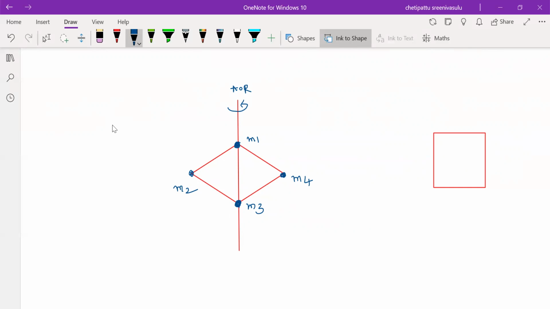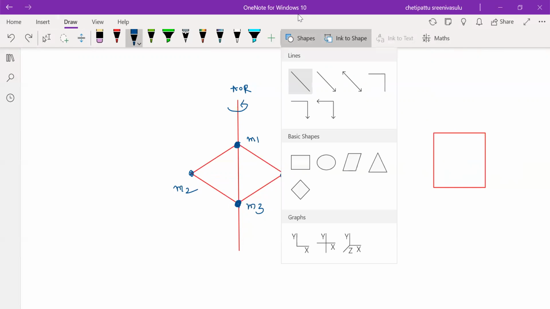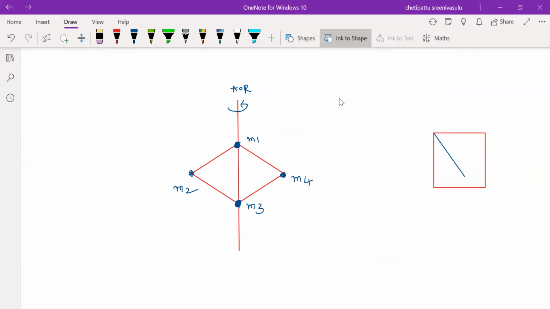To find the moment of inertia, you need to take this perpendicular distance. And again, for this mass, this perpendicular distance is required. So how to calculate this perpendicular distance? You look at here. To calculate the perpendicular distance, first of all, take this distance. The side length is given as L. So you can take here also L, L, L, L.